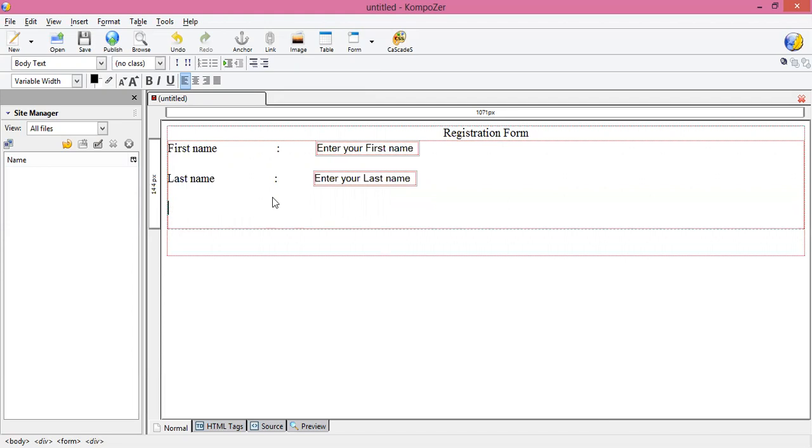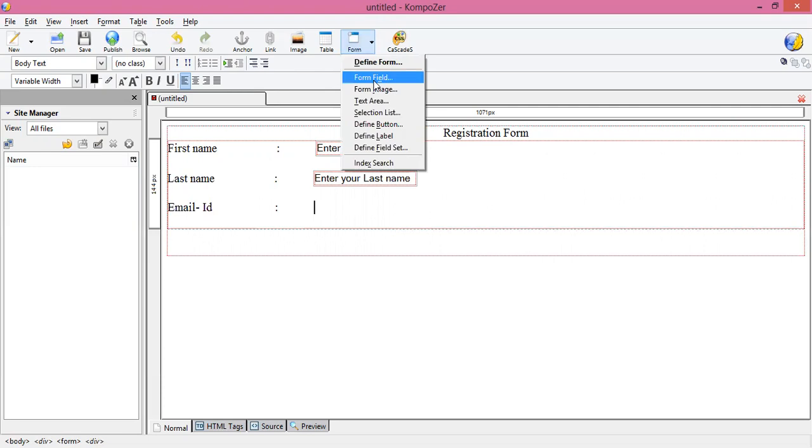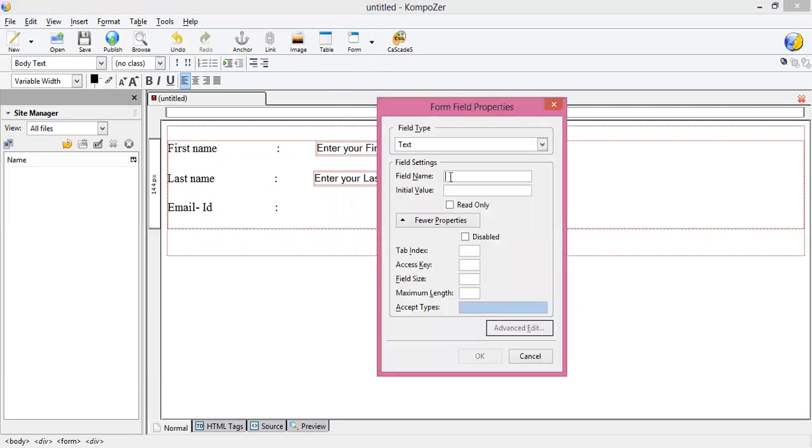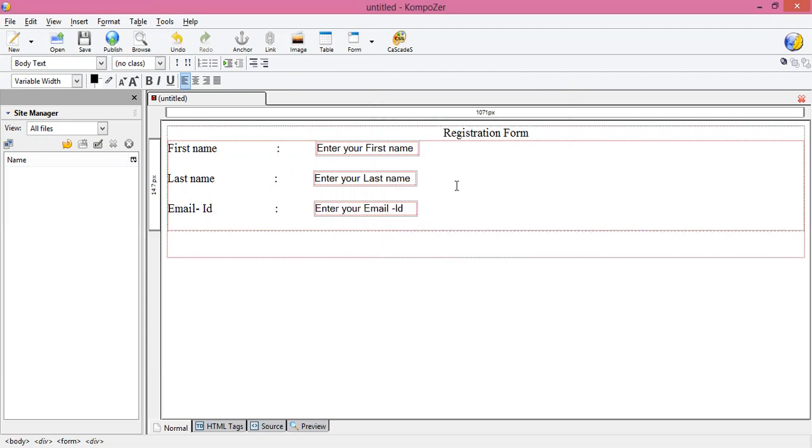Then you have to write down here email ID. For the email ID you have to take here form field, text, EID, initial value, enter your email ID, click on OK.